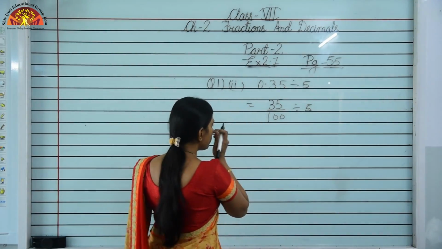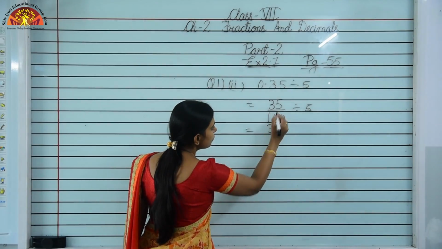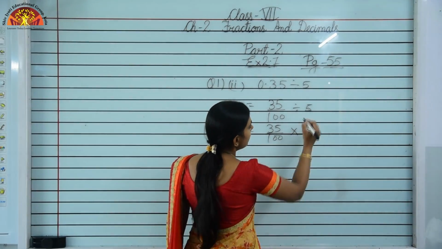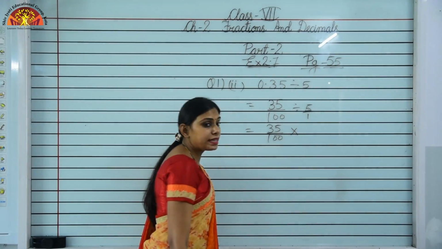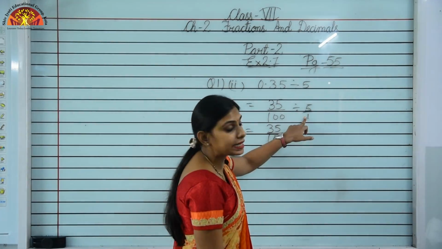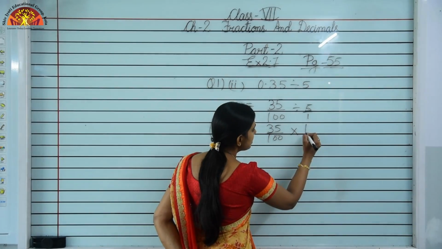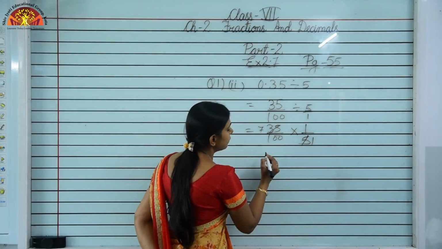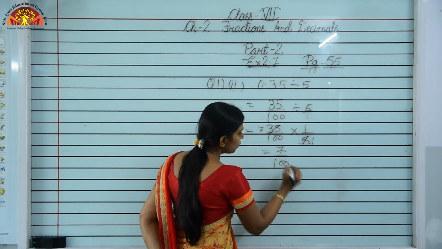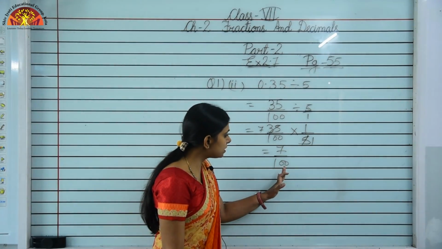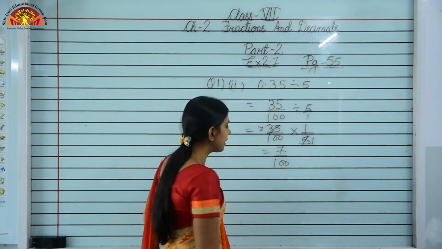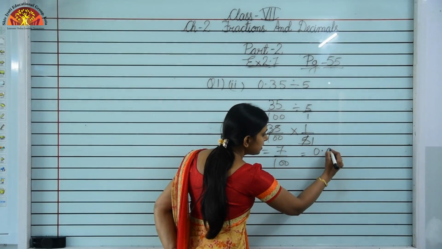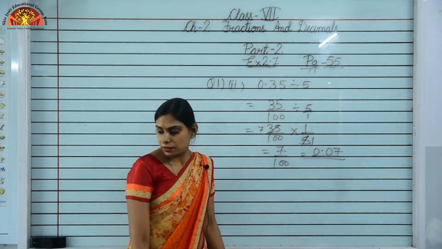Okay. Now we will use the concept of division of fractions. So first fraction will remain as it is. This division sign will change into multiplication and here we will take the reciprocal. In the denominator there is no numerical value, so we will just consider it as 1. So 5 upon 1, when you will just take the reciprocal, it will become 1 upon 5. Now 5 ones are 5, 5 sevens are 35. So it is 7 upon 100. Now you can just convert it into decimal. That is, you will just place the decimal after two digits from the right. So this is the first number and second there is no number, so we will just place 0. So it will be 0.07. Is it clear?